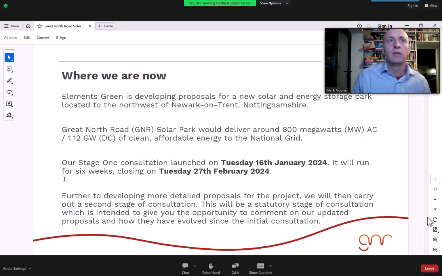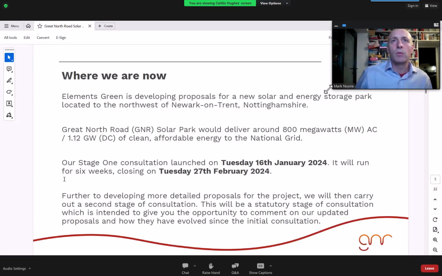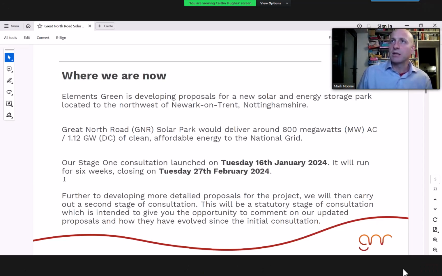And there's a power curve that has every degree of what you generate and what you'll send into grid for that. We began our consultation on the 16th of January. It's running till the end of the month. So that speaks slightly to what Lucy was saying at the start, in that we'll continue to take representations, questions, and feedback from you all the way up till the end of this non-statutory phase of consultation, but we'll also take representation afterwards as well.